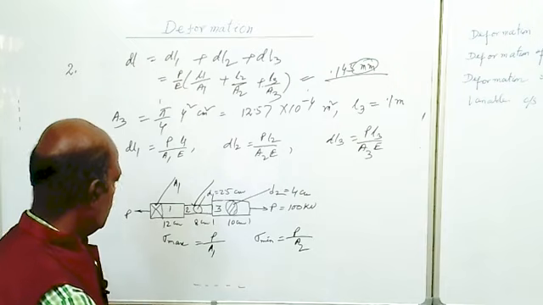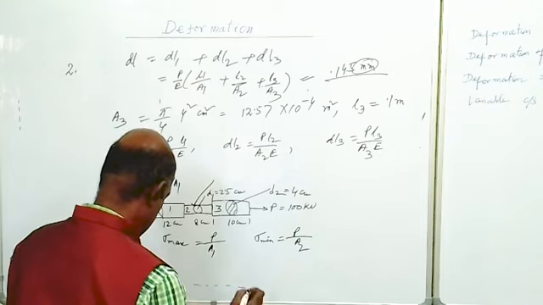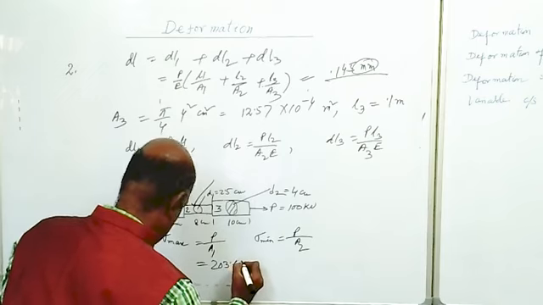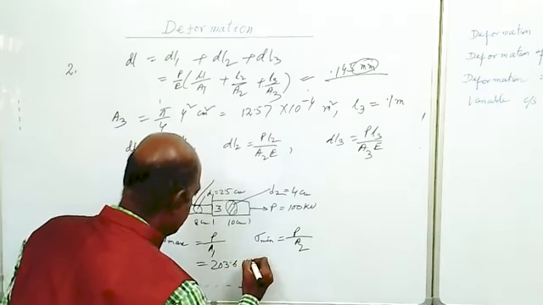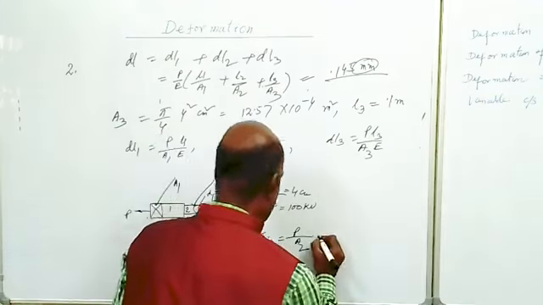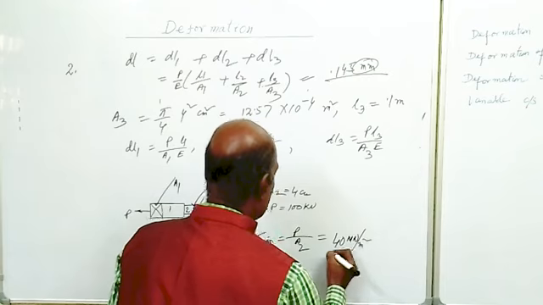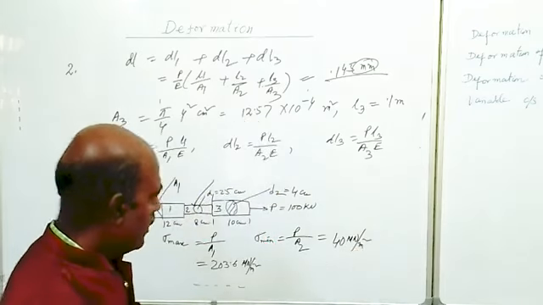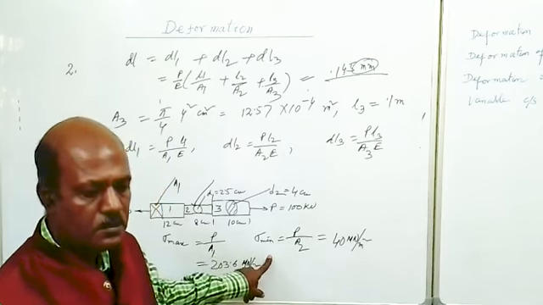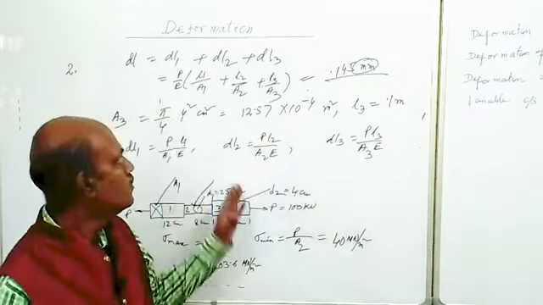Sigma min will be the minimum stress, that is P by the area of cross section of section 2, that is A2. So the first one, the maximum, is coming 203.6 meganewton per meter square, and the minimum one is coming as 40 meganewton per meter square. Okay, just put the values of P and A1, A2, and it will give you the sigma max and sigma min values. Okay, so this is all about this video.